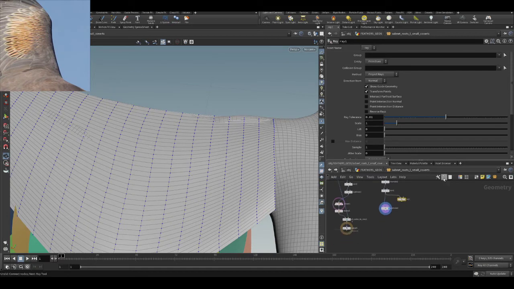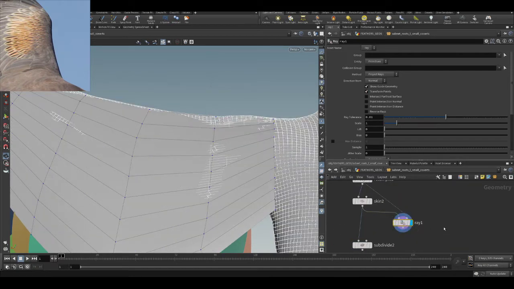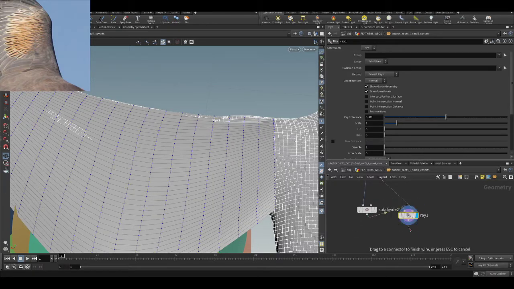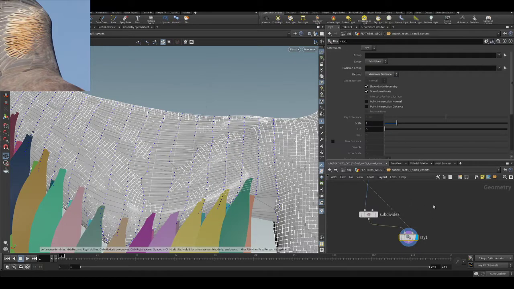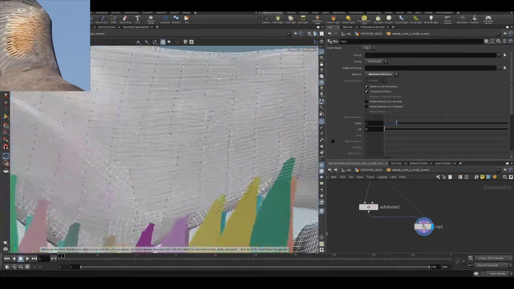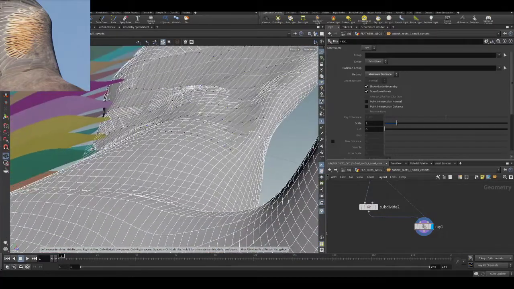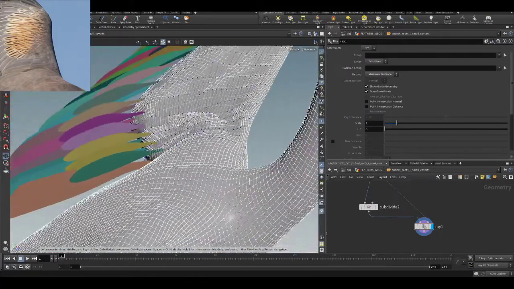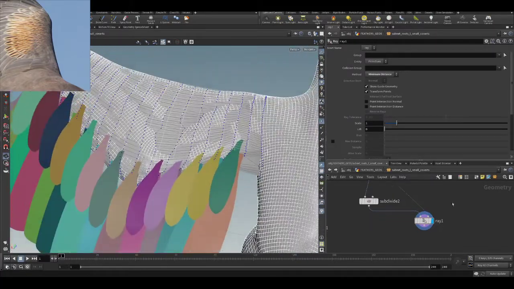We grab the body. Actually, after the subdivide, like this. We use minimum distance for this one. And of course, we don't want this mess. We just wanted to get a fix here. So what you can do is,